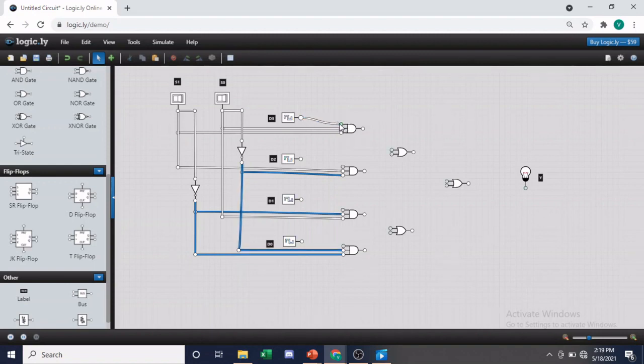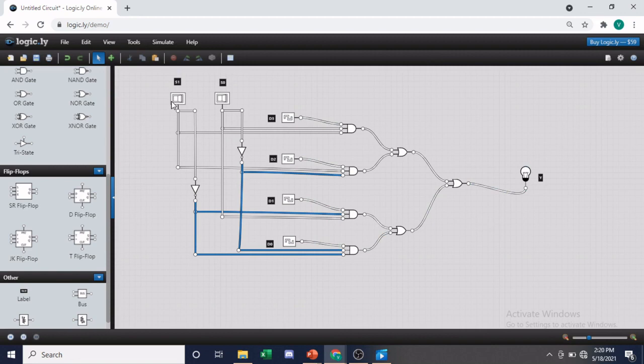And so these inputs are connected to D3, D2, D1 and D0. And they are connected to the OR gates in pairs. And the output is given as single input, and so the output is connected.